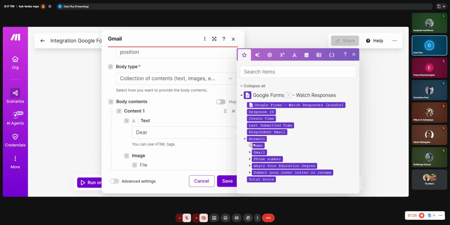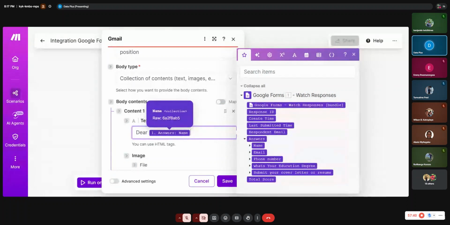So I will bring in the name column, and here make.com will look into my application, look into the form they just filled, and look for their name. If it's Fabrice who applied, it says dear Fabrice. If it's this person, dear this person. Let me say, let's say this person doesn't have a master's degree. We couldn't,